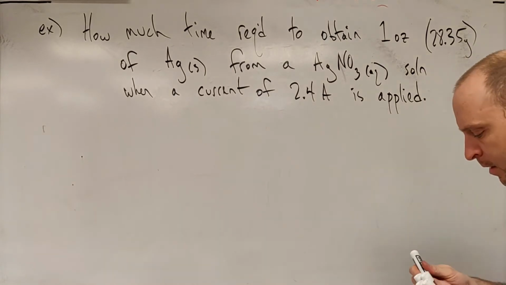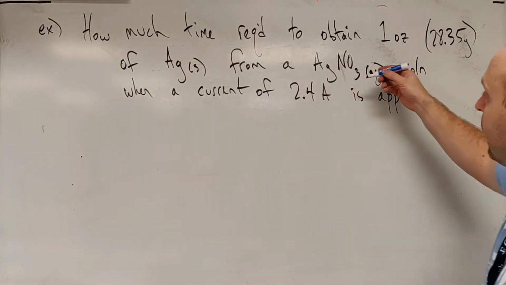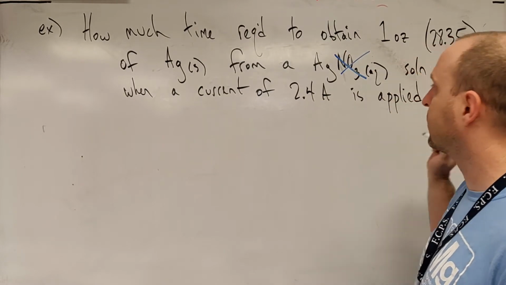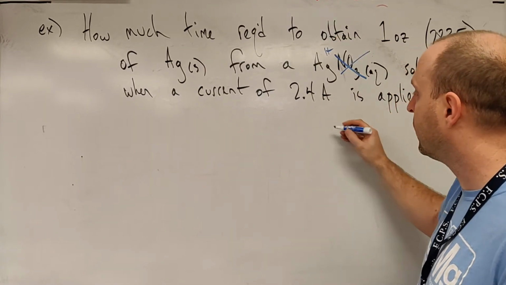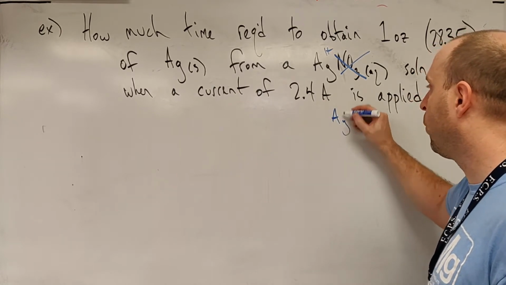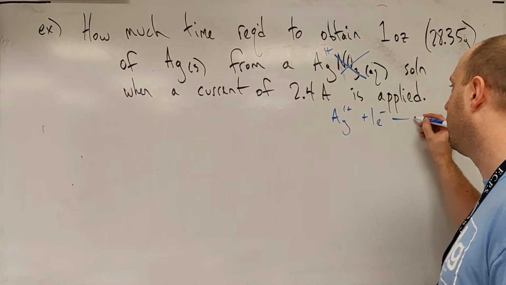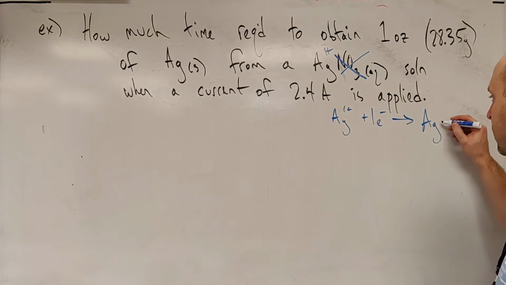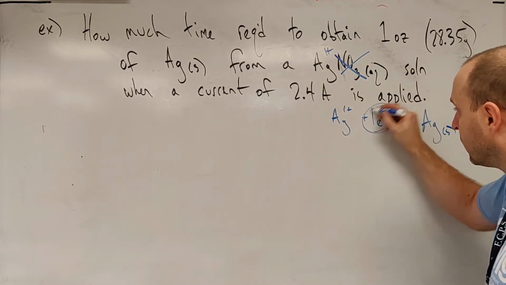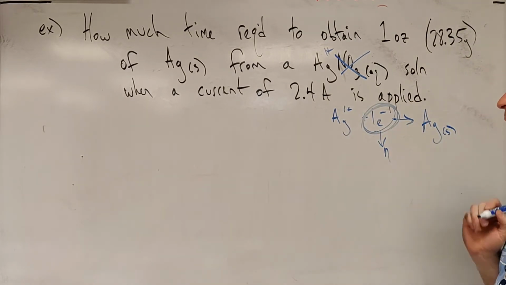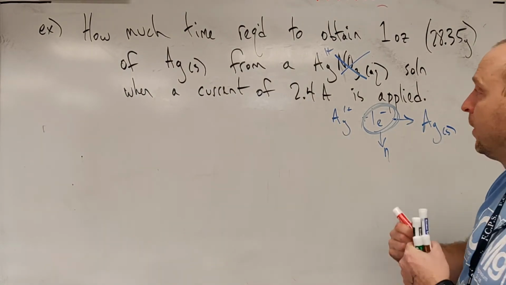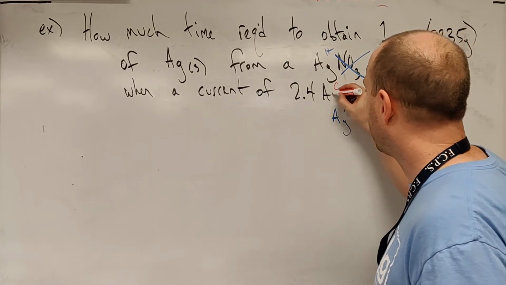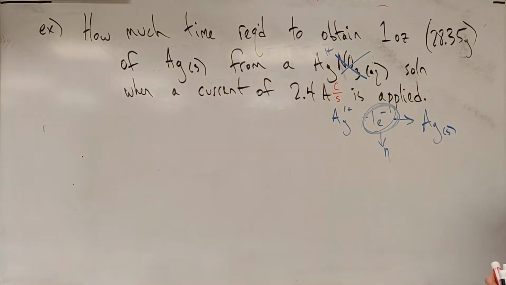All right. So I'm already not worried about the nitrates. That's a spectator. What's actually changing are the silver ions, 1 plus, and we have our silver 1 plus plus 1 electron giving us silver solid. And the whole point of that is to figure out that this is going to be our n when the time comes. I've got amps, and I guess I'm going to declare in advance that this is coulombs per second,